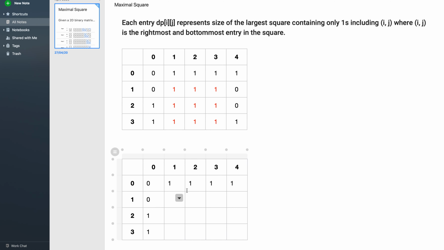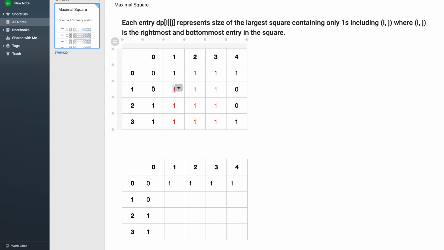Now how to fill these cells? In order to fill these cells, it depends upon the value of arr[i][j]. In case it is 1, we will take the minimum of the neighbors, that is this one, which is [i][j-1], this one [i-1][j-1], and this one [i-1][j].